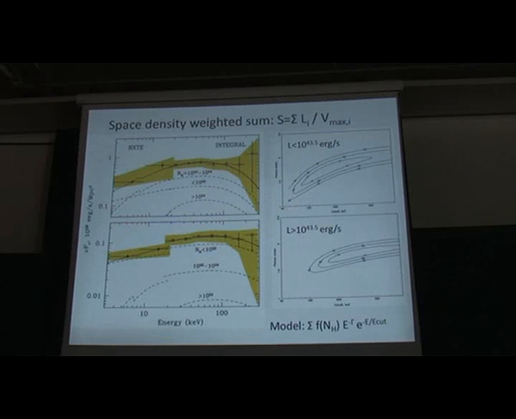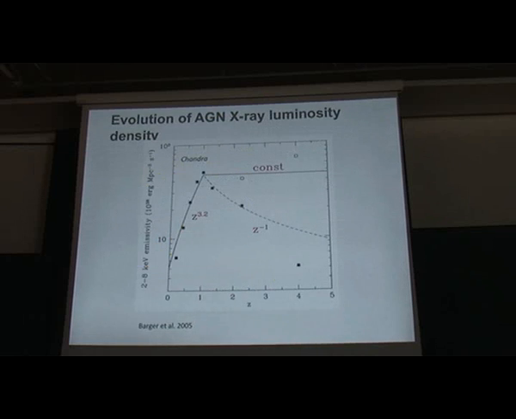And then we have done another example. We averaged in a clever way, let's say. In a clever way in that we estimated the luminosity density. So what would be the spectrum of a square or cubic megaparsec in our local universe if we sum up all AGNs? And in this case we obtained these spectra. This is the spectrum for low luminosity AGNs, and this is for high luminosity AGNs. And if we now sum them up, integrating over the whole universe, taking into account evolution of the density of AGNs, now I will just briefly describe this. If you have any question, I can return to these images.